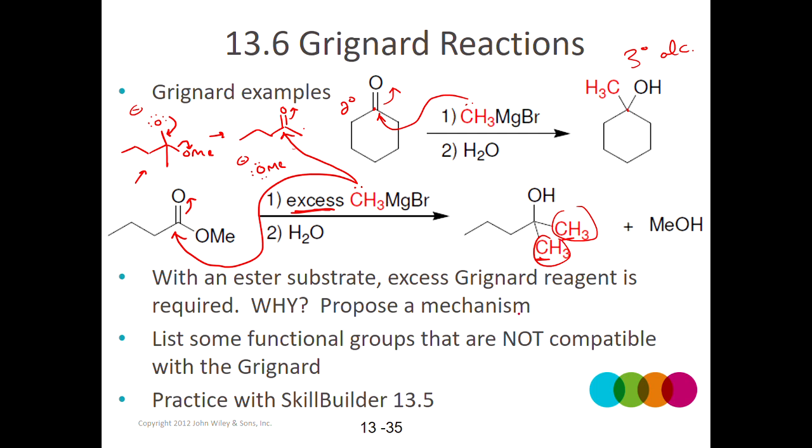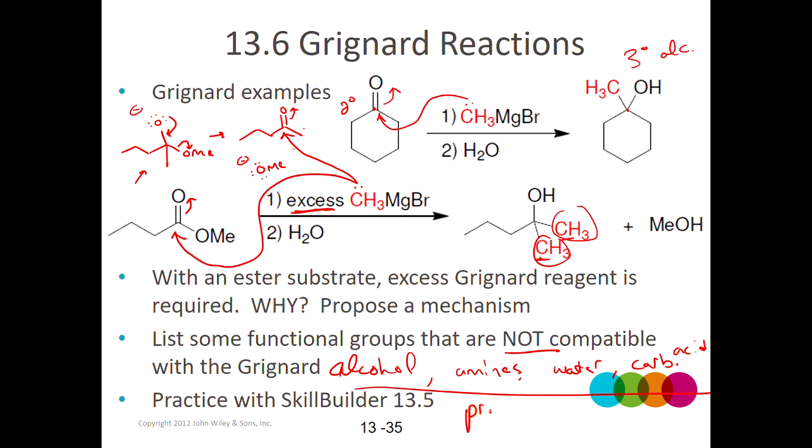So what are some functional groups that are not compatible with the Grignard? Well, alcohol, amines, water, carboxylic acids, really anything that's protic. As we said, the Grignard reagent is designed to attack a carbon and make a new